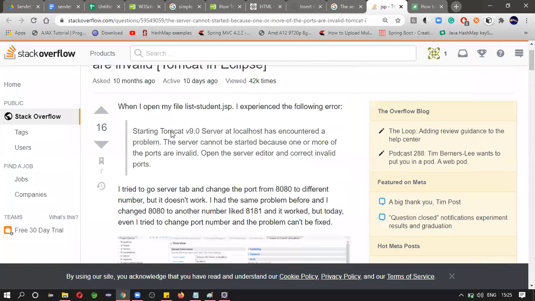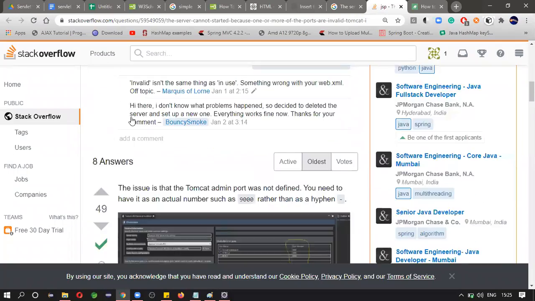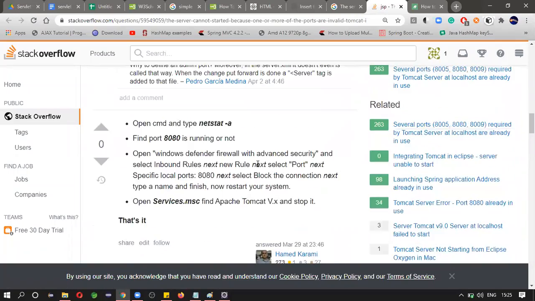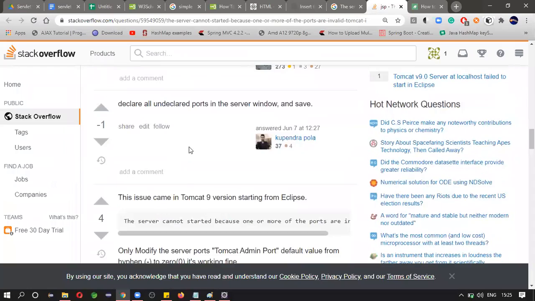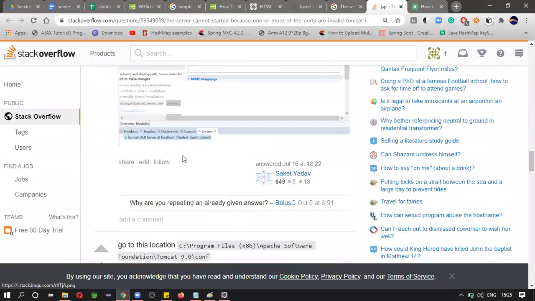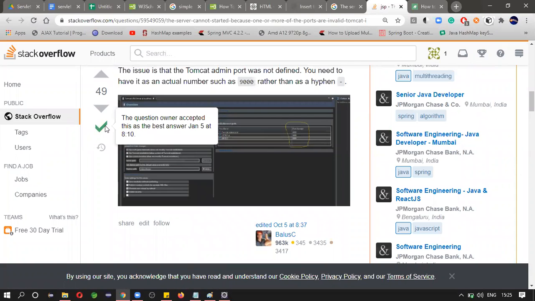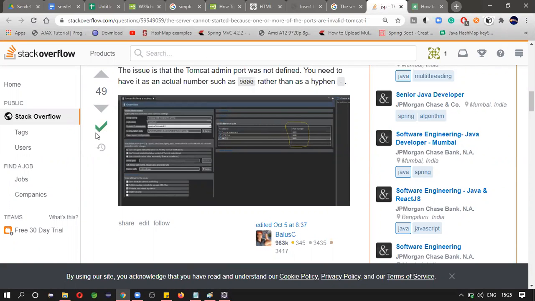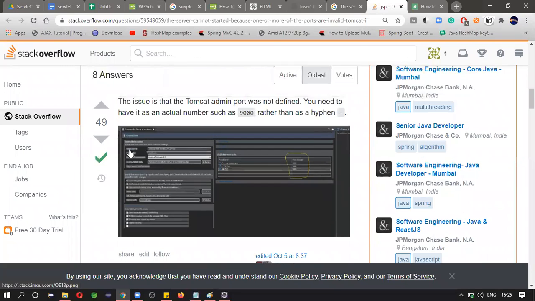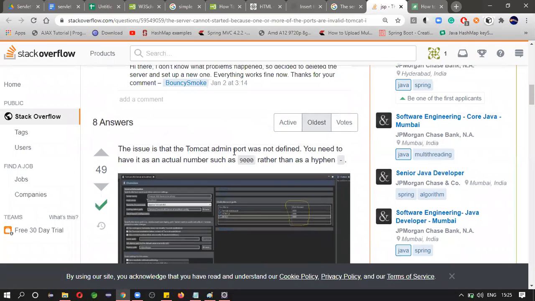This is the question someone asked. Okay, so this is one answer, another answer, another answer. But most people identify this answer as appropriate, so that's why they give it a green tick. The issue is that the Tomcat admin port was not defined. You need to have an actual number as 9000 rather than a hyphen.